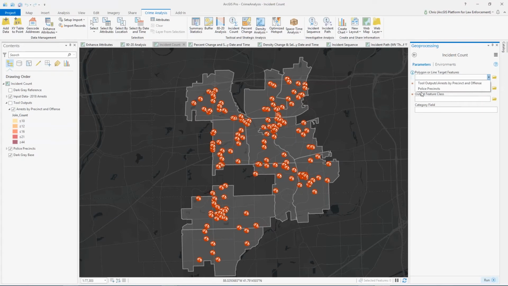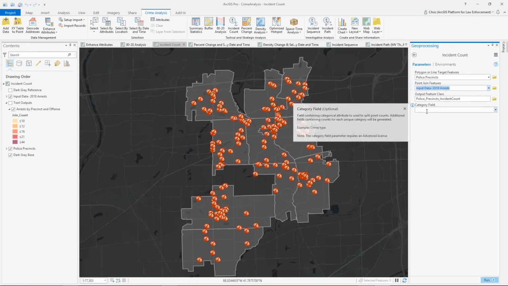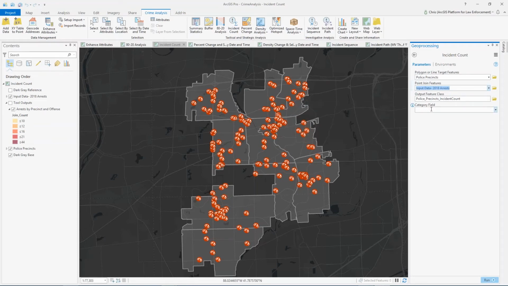I've got an input polygon, so my police precincts, and the points that I want to join to them, and then what the name of my output feature class is, and then I've got this other option that's enabled if you have an advanced license called the category field. And what I might want to do here with my arrests is get a total count by each police precinct, but then for each distinct crime type, each arrest type, I want to be able to have a count. So I could use this category field and select offense description, run my tool,